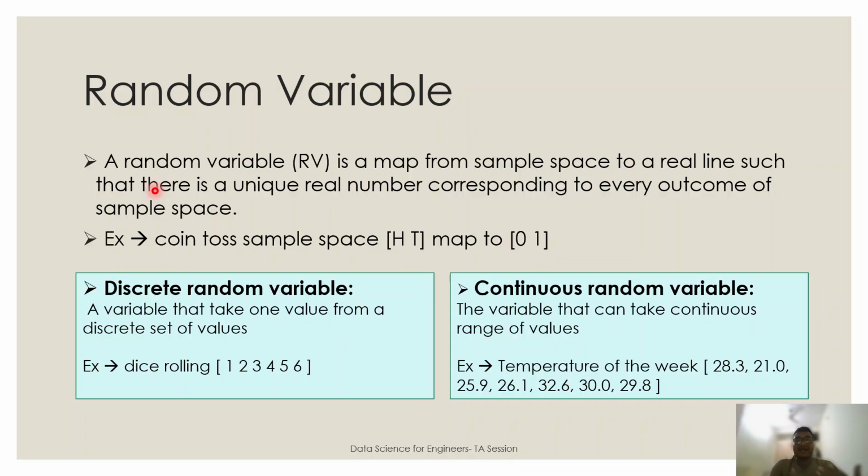So moving towards our random variable. Right now, we talked about random phenomena, probability, and all the outcomes coming out of it. Right now I'm getting 1, 2, 3, 4, 5, 6, and another thing is I'm getting head and tail. If I want to convert them into mathematical form, because when you want to do some kind of mathematical calculation or mathematical formula building, in those cases you have